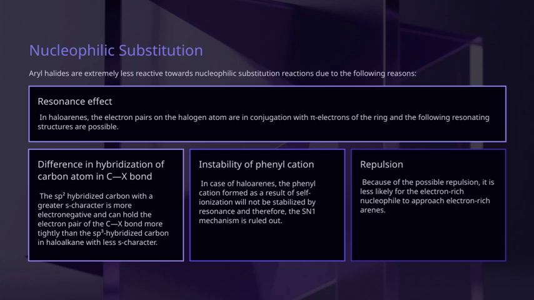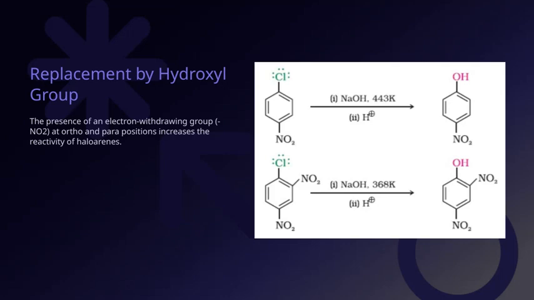Their reduced reactivity is mainly due to the destabilization of the transition state and the difficulty in breaking the C-X bond because of the conjugation and hybridization factors we just discussed. Let's talk about how the presence of an electron-withdrawing group, specifically the nitro group, NO2, influences the reactivity of haloarenes. When this group is attached at the ortho or para positions, it actually increases the reactivity of the molecule. This is because the NO2 group pulls electron density away from the aromatic ring, making it more susceptible to nucleophilic